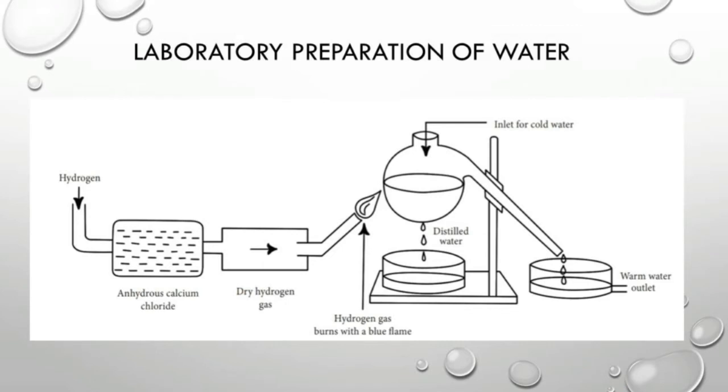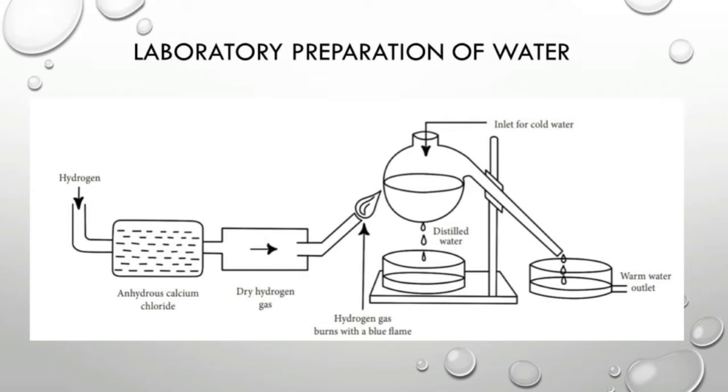Next, we are going to see how water is prepared in the laboratory. The laboratory preparation of water. The apparatus used for the preparation of water in the laboratory is shown in the picture. In this method, pure hydrogen gas is passed through anhydrous calcium chloride to absorb water vapor